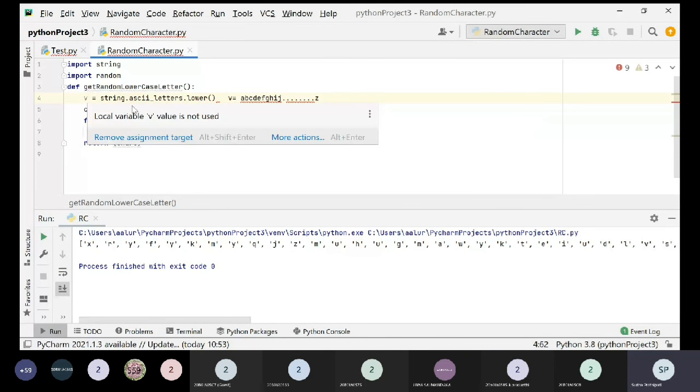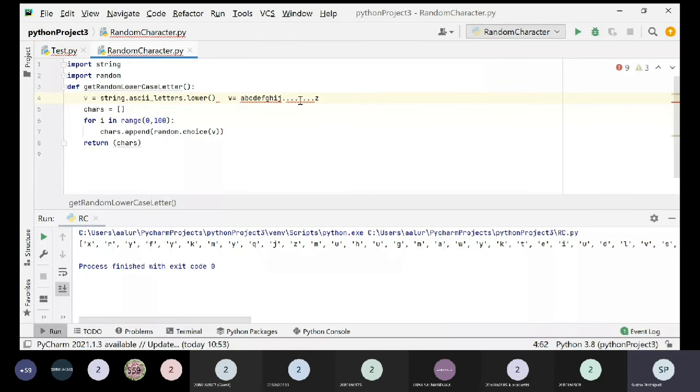But now we don't want just the letters, only 26 letters are there, but we want 100 letters to be generated from these 26 letters. To do that, we are running a loop, and this is the list that we are taking, which is chars. Then I'm running the loop 100 times to pick one letter at random from v. So it will pick one letter from all these 26 letters. It has taken x first. This choice is the one which will pick one among this v. So it has taken x, and in the next iteration, it has taken r from the list. This will be different for different iterations.